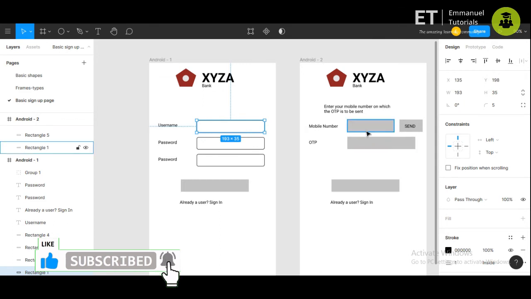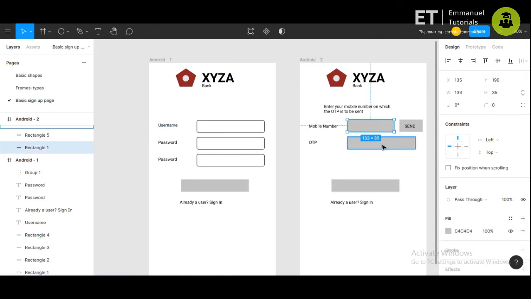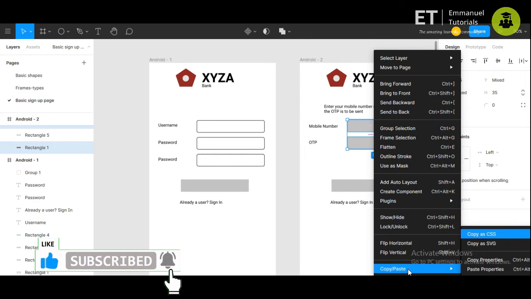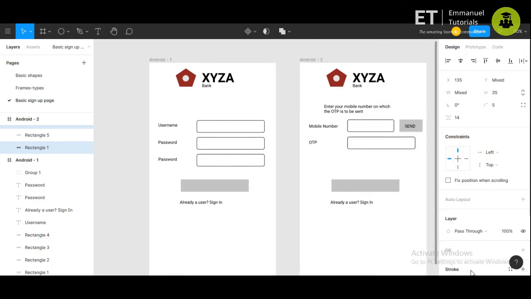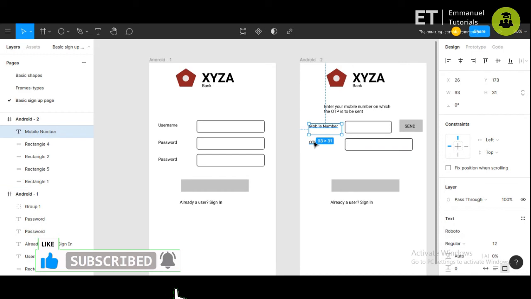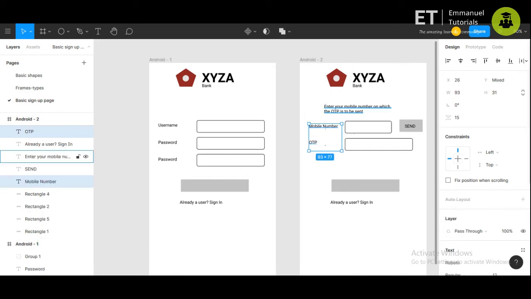Similar thing can be done here also. And similarly we'll tidy up this.